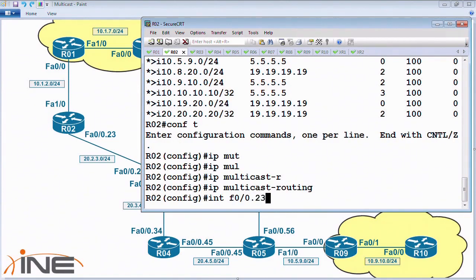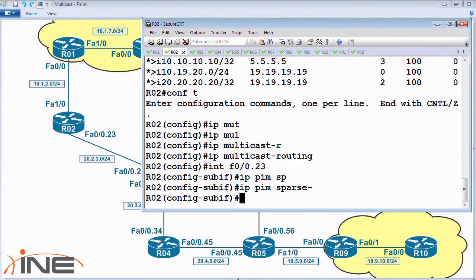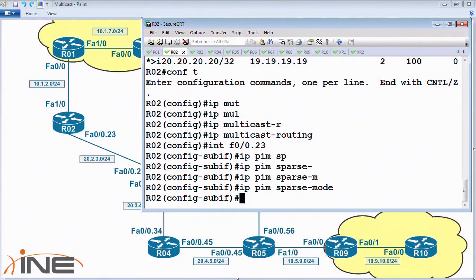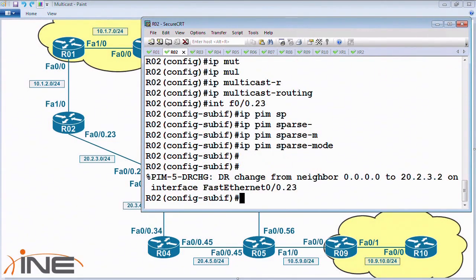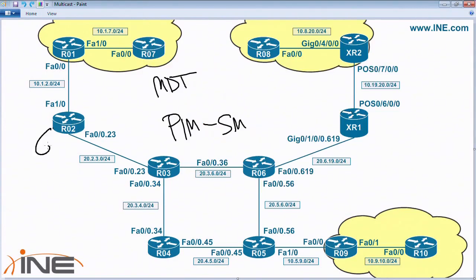At the interface level, we say IP PIM sparse mode. Now, one key note here about the multicast distribution trees is that on the provider edge routers, whatever the source address is for your VPNv4 peering, which 99% of the time is going to be the loopback interface on the PE, when you are running the multicast distribution trees with protocol independent multicast routing, you need to enable PIM on that